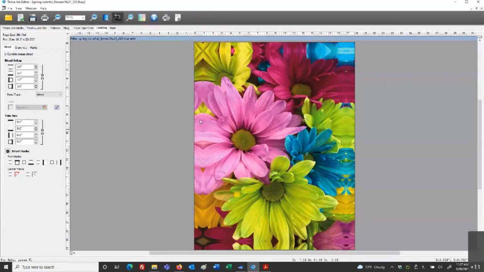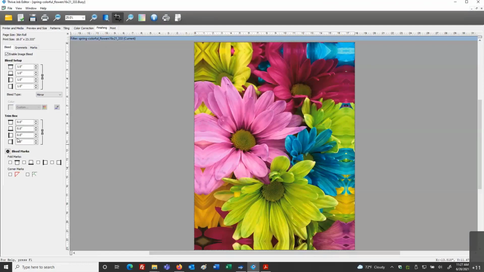Now, maybe I want to create this where it's going to be printed and then wrapped around a frame, top, bottom, left, right, 1-inch image bleed, mirror image bleed. But then I want a little additional space beyond the bleed that's nothing more than just extra media, nothing to print.